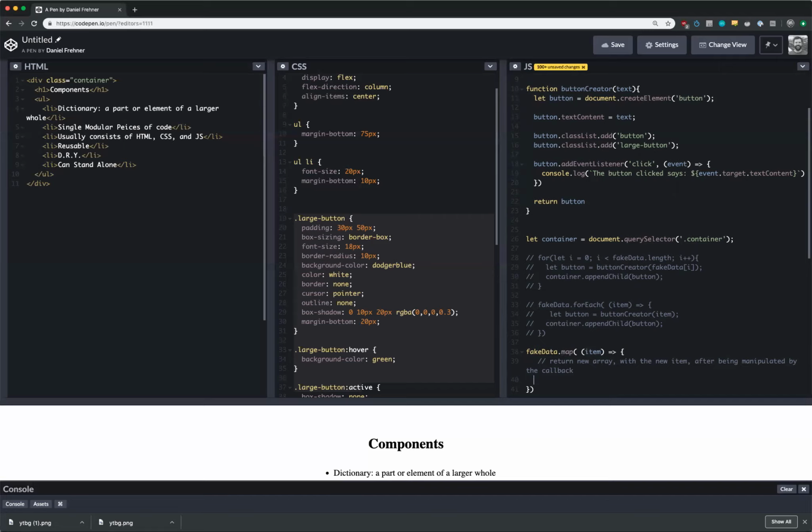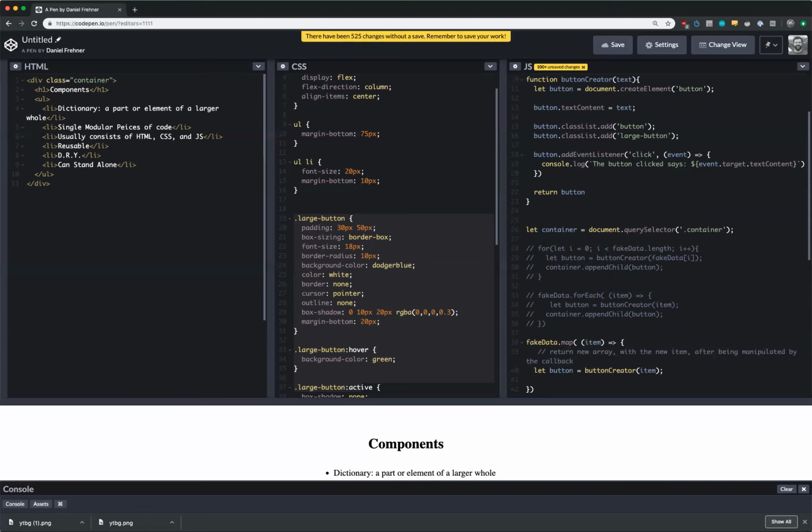So if I say let button equal buttonCreator, throw that item in there, and then I need to always return something in map. Otherwise, it's not going to do anything. I'm going to return that button, right? And then we can see